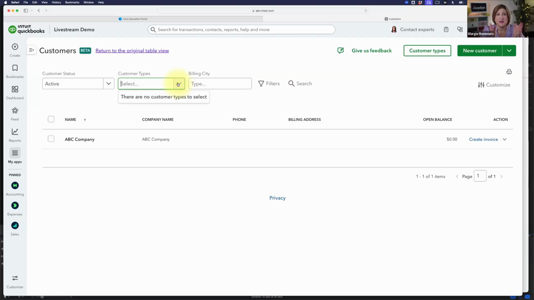If you want to segregate your customers, there isn't a whole lot that you can do with customer types. You can set up customer types, you can assign customer types to customers, and you can run a report of all of the customers by type.